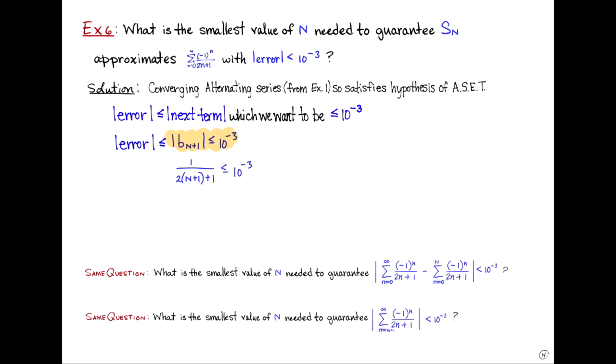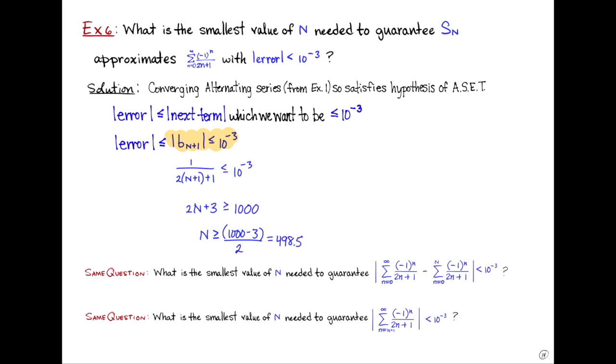To solve this inequality, let's take the reciprocal of both sides. On the left-hand side, we can simplify that as we go, giving us 2 times n plus 2 plus 1, which is 3. Because we took the reciprocal, we swapped the sign of our inequality. And so that's greater than or equal to 10 cubed. And 10 cubed is 1,000. Subtracting 3 from both sides and dividing by 2, we have that n is greater than or equal to 1,000 minus 3, and that simplifies to